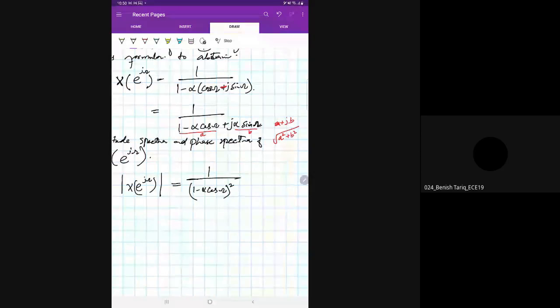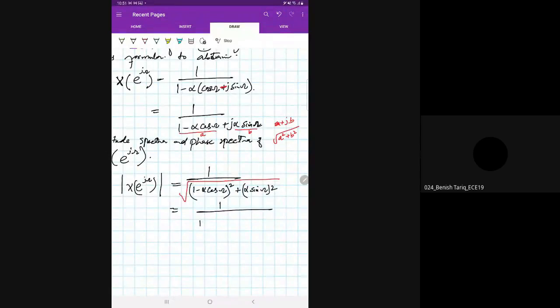Okay, then I have another, which one? Then you have alpha sine of omega whole square. Then you have square root on the top. इसका magnitude अगर निकालेंगे, this is how we can find it. So then this equation can be written as 1 divided by,